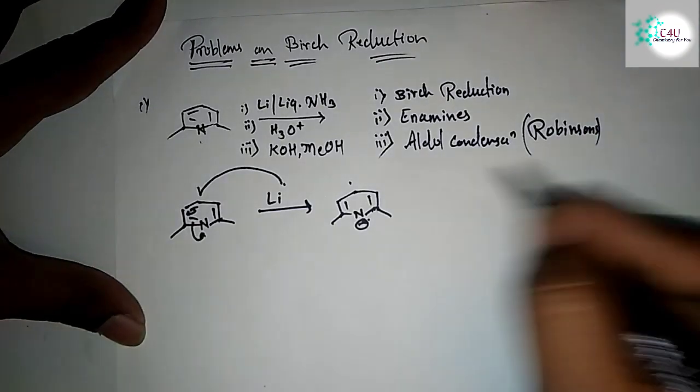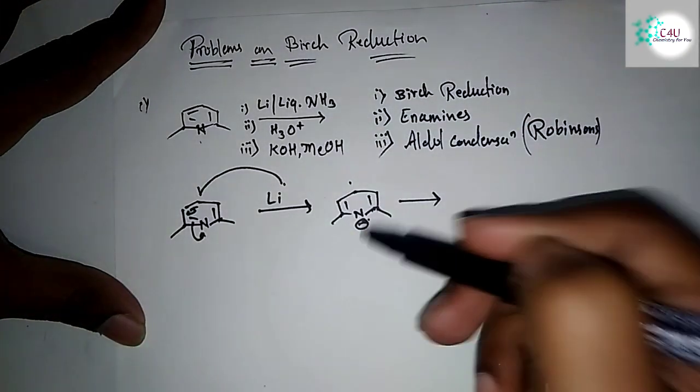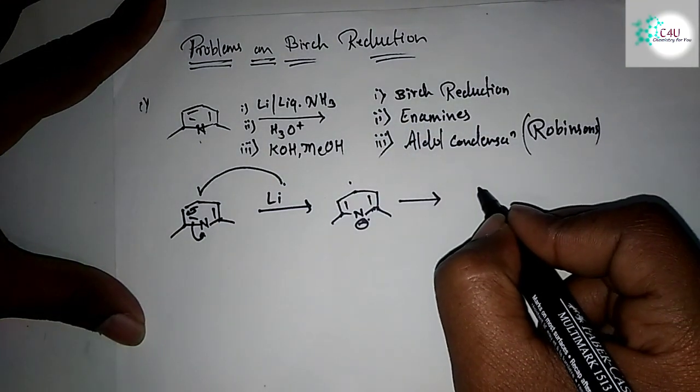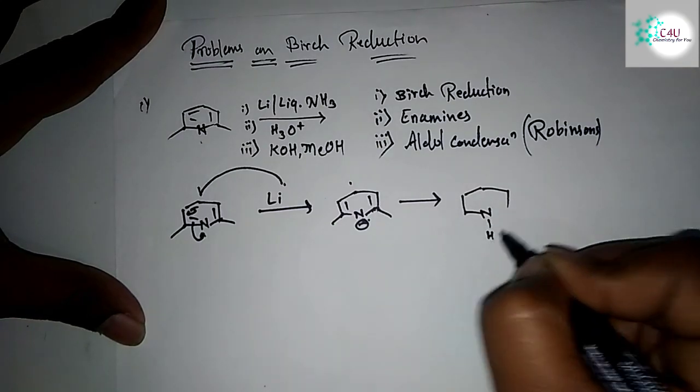You know this. Now ammonia itself acts as a proton donor, a proton source in this case, and hence the nitrogen gets protonated